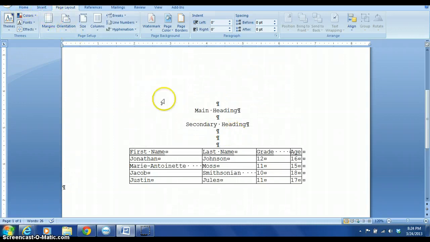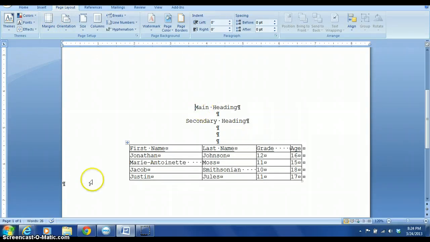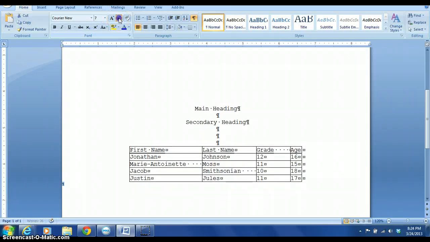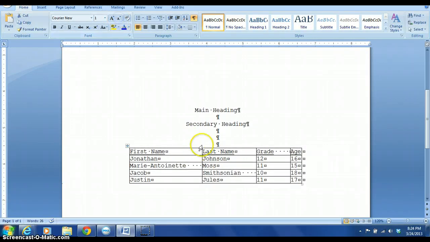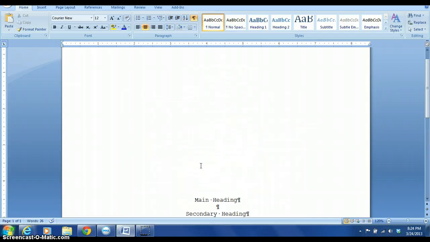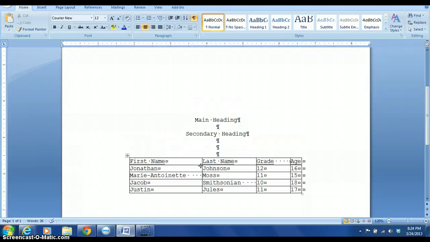Or another way of doing that is just to select this and make it as small as you can. Okay, and then it's just so minute that it doesn't make a difference. Okay, so that's 2 ways of doing that. Now